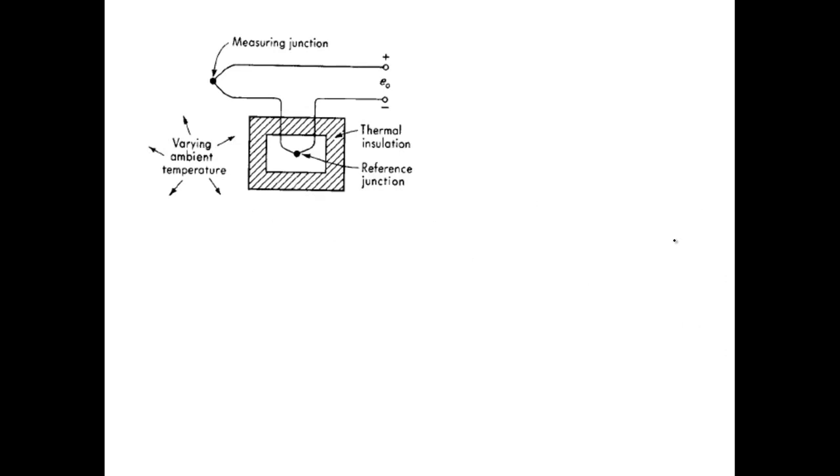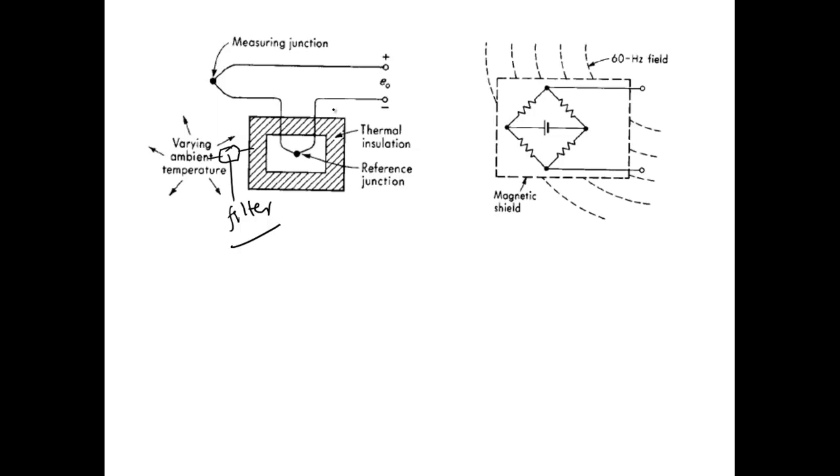Similarly, take the example of a thermocouple, where you have a reference junction that can vary based on the ambient temperature, which can vary considerably. So we use thermal insulation so that varying ambient temperature doesn't have an impact on the reference junction. So it's again blocking or filtering. This thermal insulation becomes the filter. So even if the ambient temperature changes, it doesn't have any impact on the junction, and whatever is to be measured will be measured appropriately and correctly.